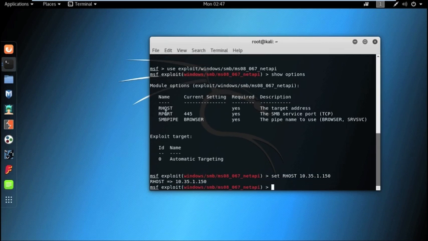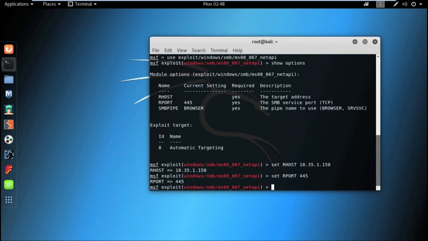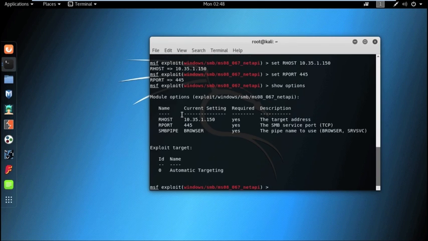Now, we also need to set RPORT. To set RPORT, we need to use an open port. From the scanning phase, we already found out that port 445 is open in the target machine. So, port 445 is already selected, and there is no need to change this. Otherwise, if you want to change this port, we need to use the command set RPORT then the port number 445. Now, by using the show options command, we can see that all the options are set,